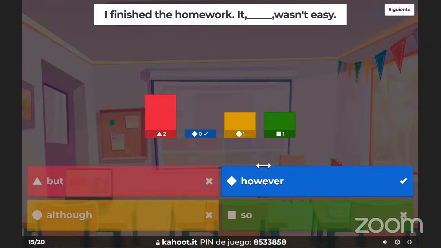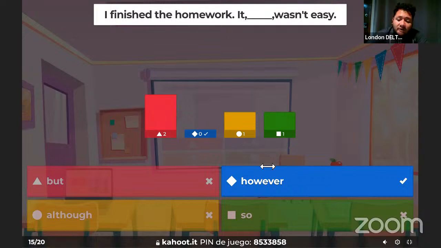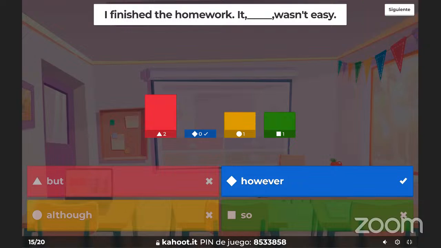Yeah, I finished the homework, but it wasn't easy. Or I finished the homework, however, lleva dos comas. However, it wasn't easy. ¿Será posible utilizar although? ¿Es posible? Yo creo que sí. Sí es posible. Although. Entonces, although, but, and however, they're possible. Como está formulada la oración, solo sería posible however, pero eso no creo que sea buena idea, sino como está